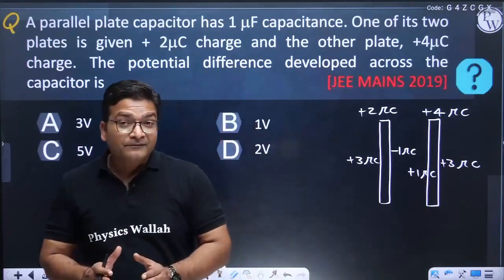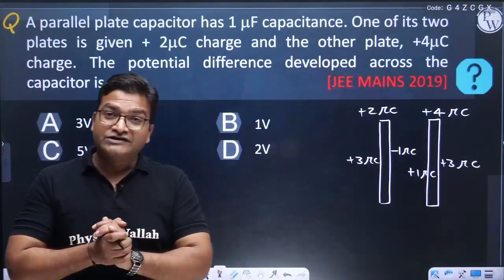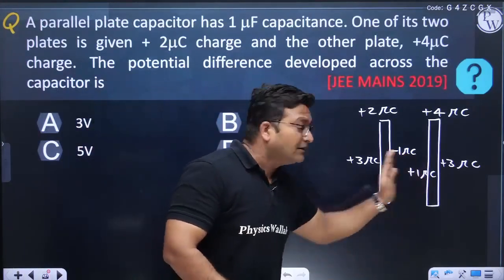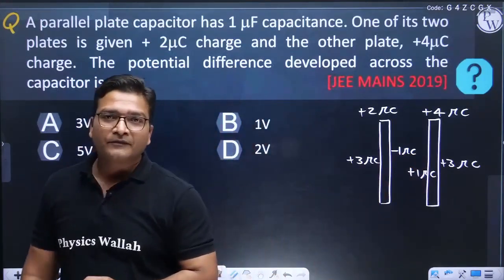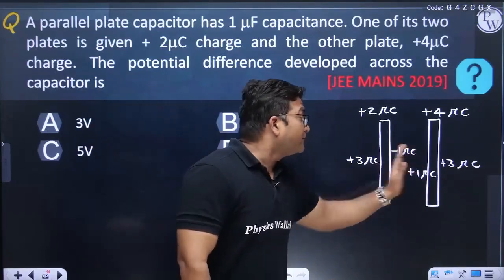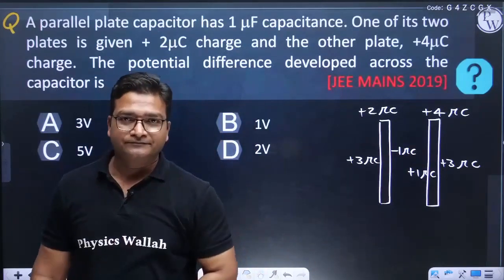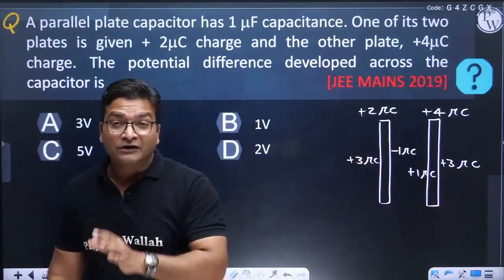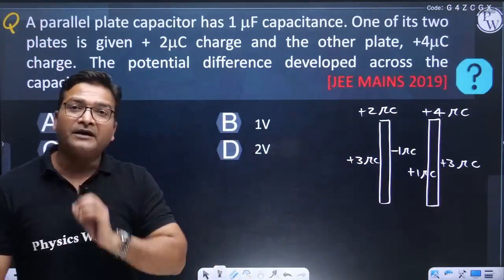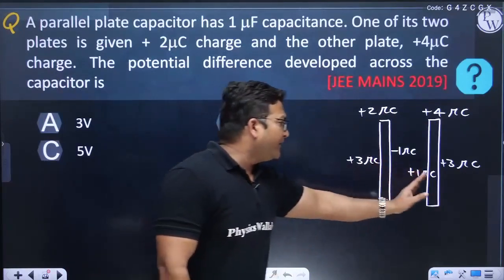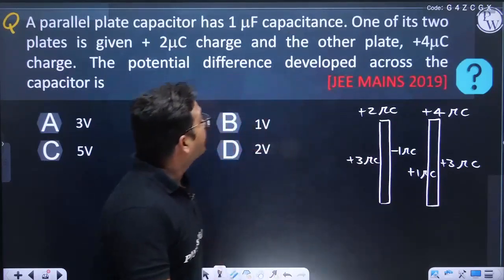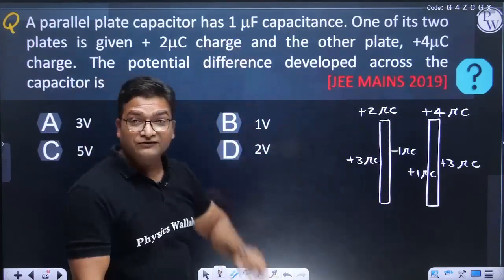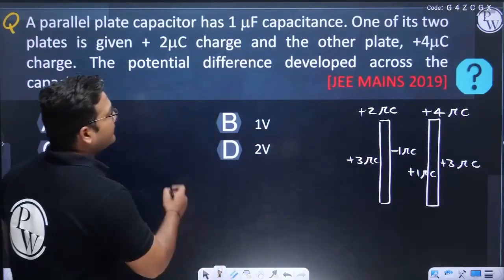Okay, so actually the equal and opposite charges are on the two inner surfaces of the plates. So these inner surfaces make a capacitor. The inner surfaces, not the entire two conductors, make a capacitor. Only the inner faces make a capacitor. And if the inner plates make a capacitor and they are asking, the capacitance is given as 1 microfarad, obviously the